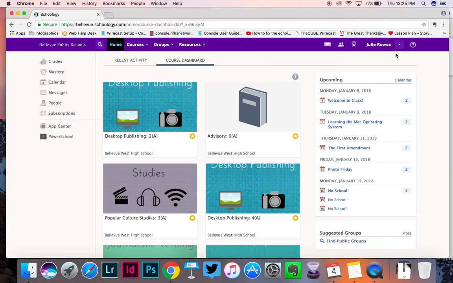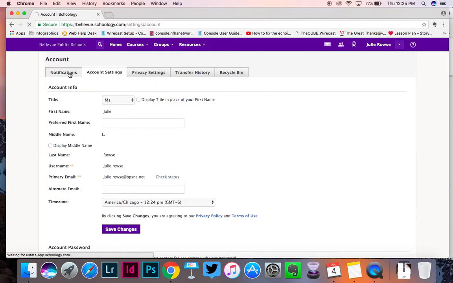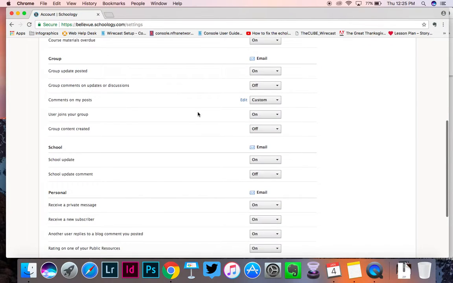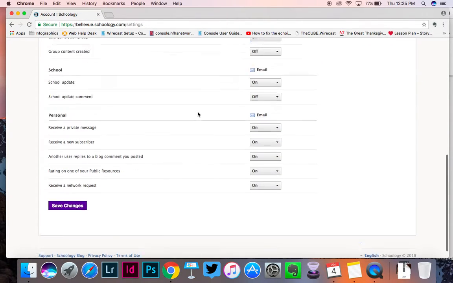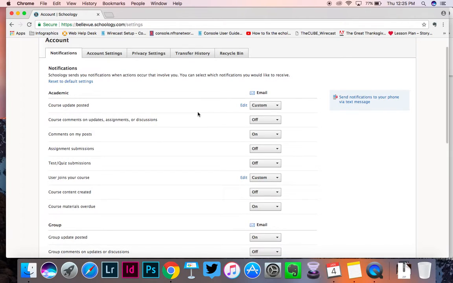The other thing that might be helpful, if we go back into settings and account settings, or we click on notifications, you have the right and the opportunity to put whatever you want for your notifications. So if you are the type of person that you like to get notifications about assignments, you might turn that one on. If you want notifications for